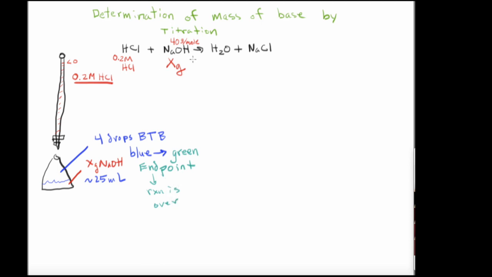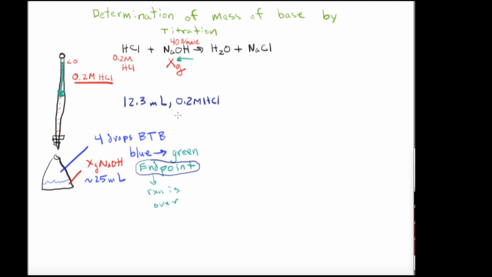Now, to find the mass of NaOH that is in the solution, we are going to titrate this to the green point. So you are going to dispense hydrochloric acid out of the burette to the point where the solution turns green. At that point, you will turn off the burette, and then you will note the amount of hydrochloric acid solution which was dispensed. In this example, we're going to say that we dispensed 12.3 milliliters of the 0.2 molar hydrochloric acid solution to get to the end point of the reaction,